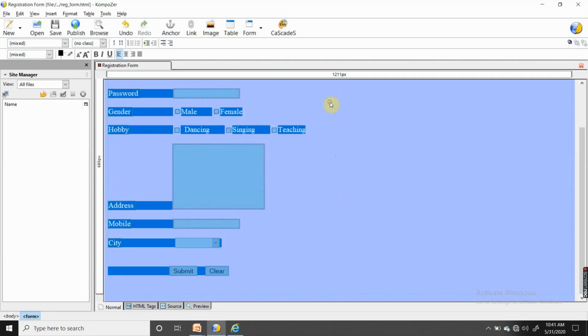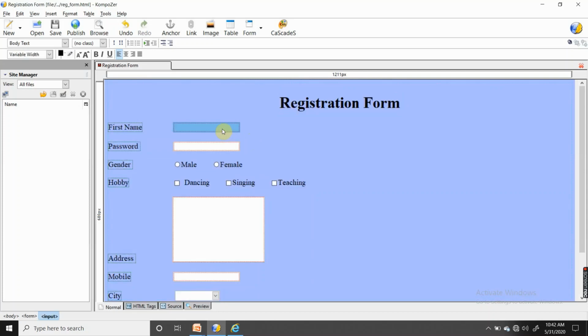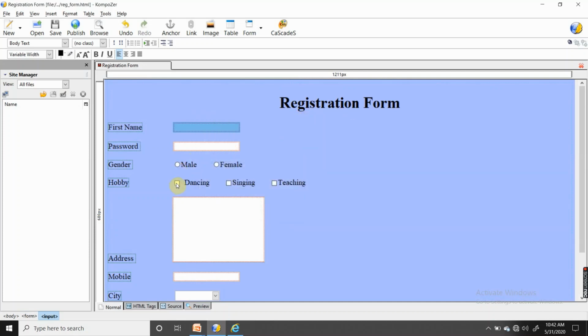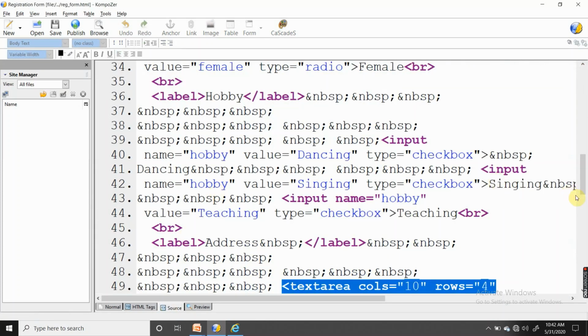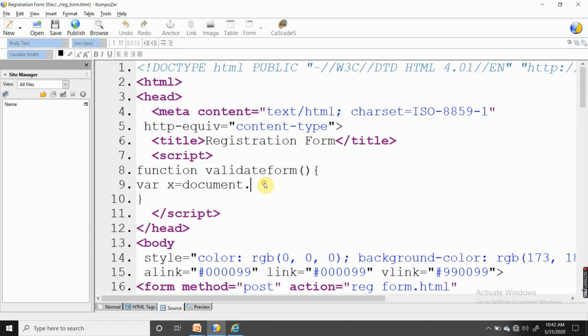Double click on the form. I will also cross verify the field name, first name. I will go in sequence. So this one is f name, and the initial value is empty, because in JavaScript all the field values, initial text, or anything initially selected or checked should be empty. There should not be any value inside any field. Document dot my form name, which we have just cross verified, form dot f name dot value.